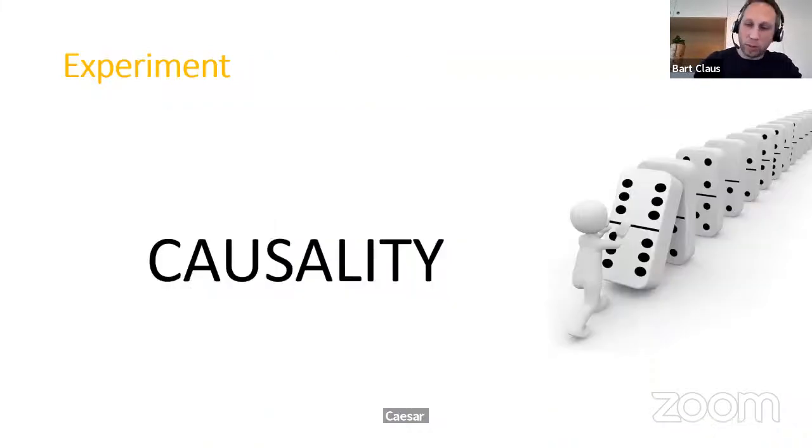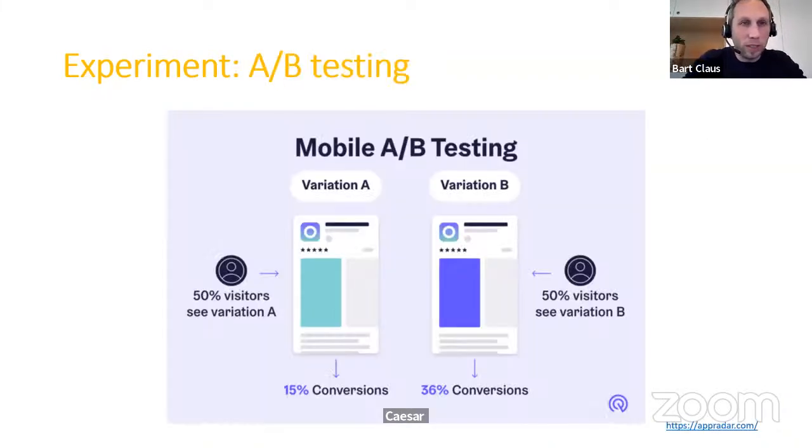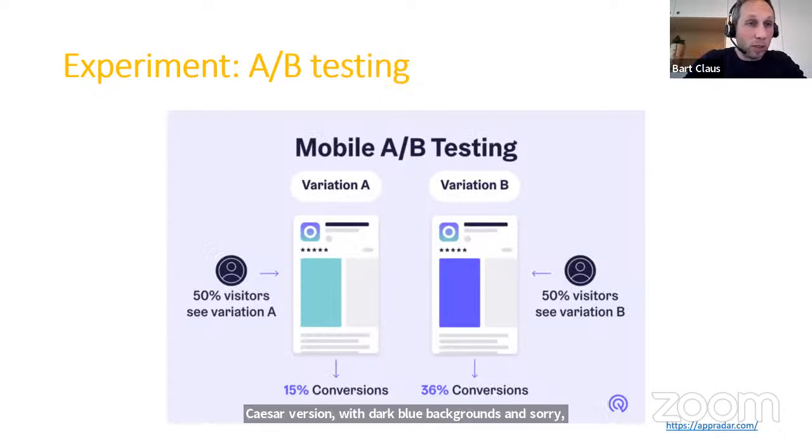And what you investigate then is whether this affects conversion, for example, right? And if you see that conversion is much higher with the dark blue background, then you might decide to switch your website to a dark blue background for everybody, right? Because apparently this leads to better results, right? Now,